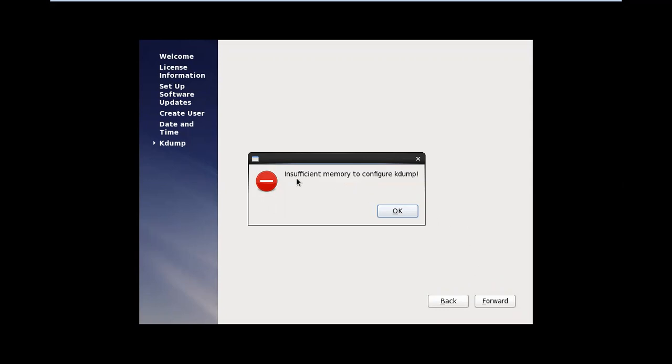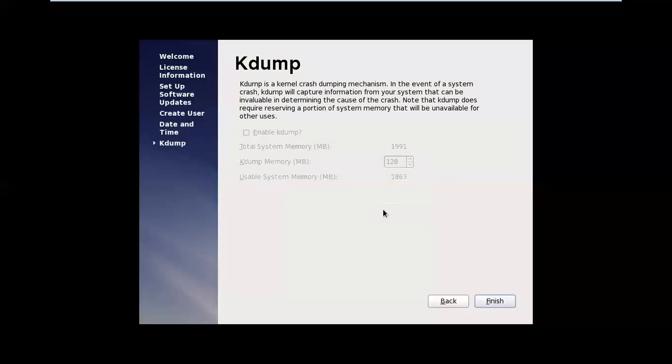Insufficient memory means I just gave 1 GB memory. 1.8 to 2 GB memory is required, but I gave 1 GB. That is the reason for insufficient memory. No problem. Click on finish. Now you can get the login screen.